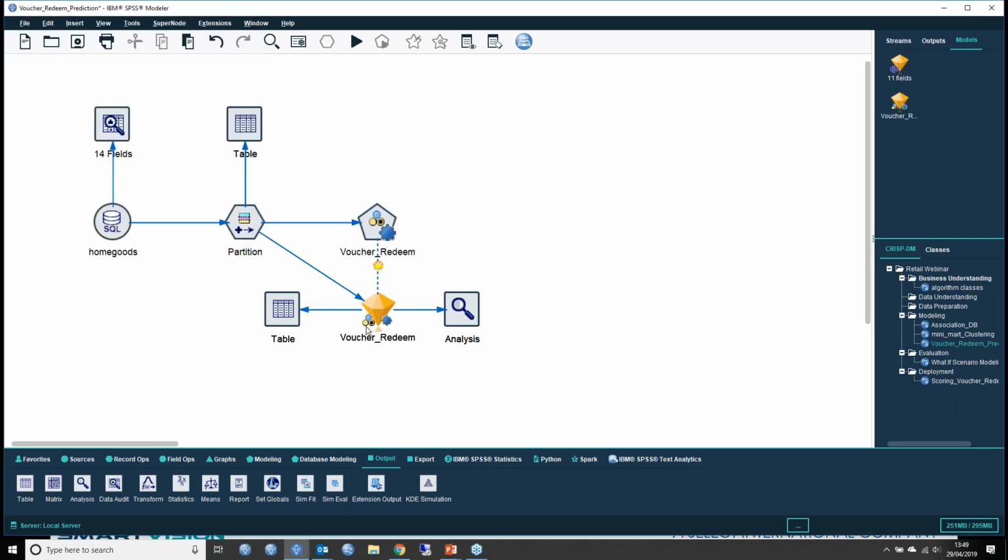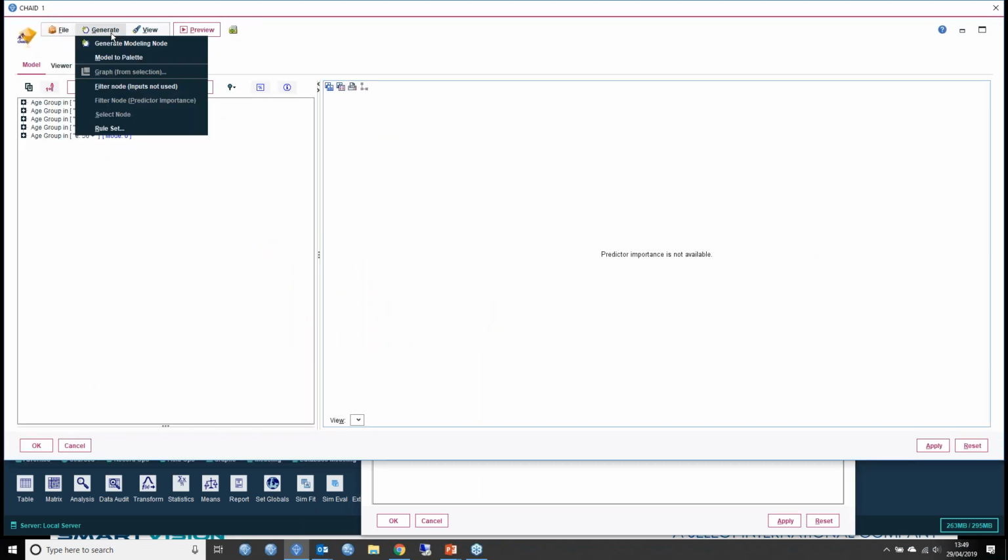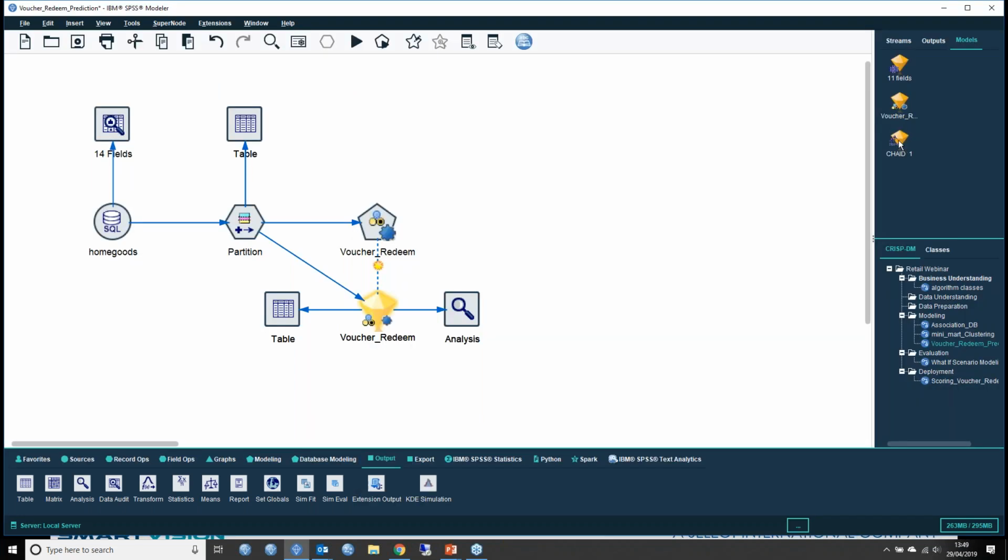Now we could pick one of these models. We could say, actually, you know what, that's good enough for me. I'm just going to pick this one here. I'm just going to pick it out and say generate that model, and it just flashes that model over here. You see, this is this model, and I can then use that model to make predictions. And to show you how to do that, if I just go down here to this little example here,